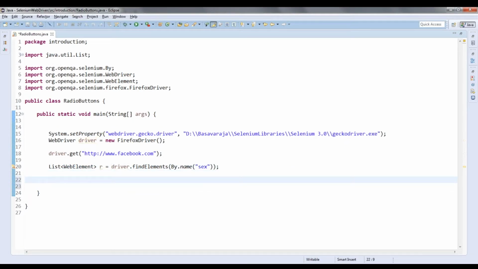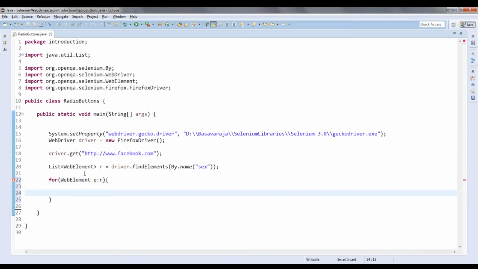Right, so we'll try to use a for each loop. This is the for each loop, in the sense for each web element e, this is the new variable I am creating. I am putting this element list into this.